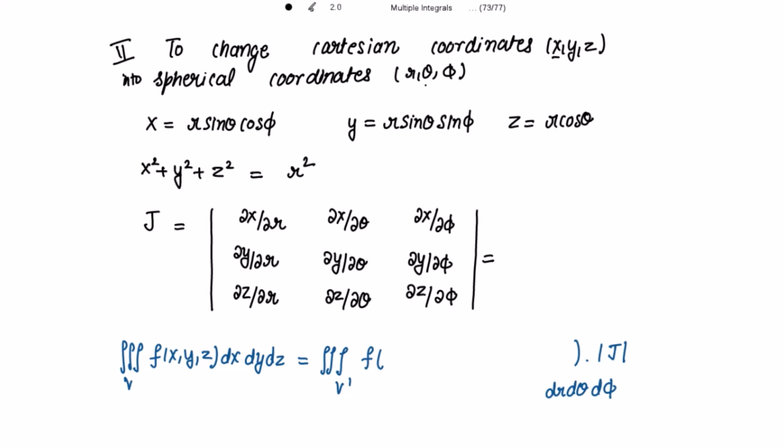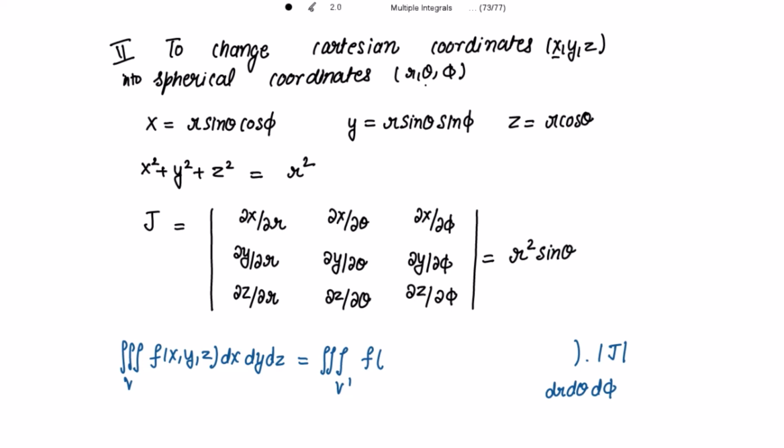Then for the Jacobian, the determinant is written as, first is x, so curly x over curly r, curly x over curly theta, curly x over curly phi. Similarly for y, curly y over curly r, curly y over curly theta, curly y over curly phi. Similarly for z. So when you solve this determinant, you get the value as r square sin theta